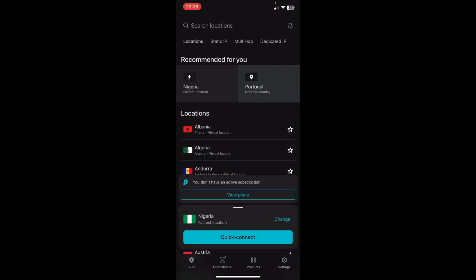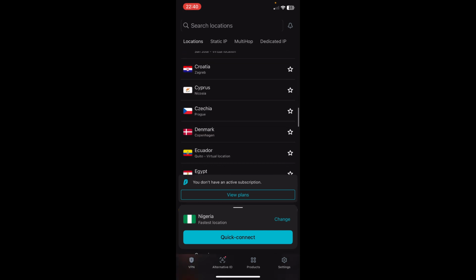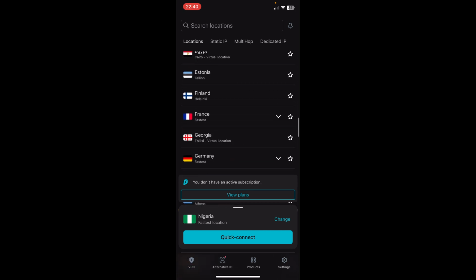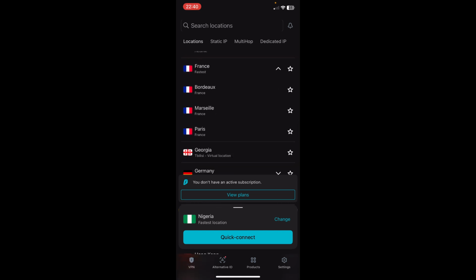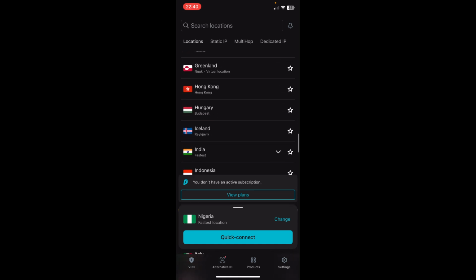So when you tap on location at the top, you can see different countries around the world. Now, as you scroll through these different countries, when you see the drop down, this means that you can have multiple cities for that particular country. You have Bordeaux, Marseille, and Paris. And the same is for Germany. Now, of course, if you want to have this, you will need to make sure that you're on a payment